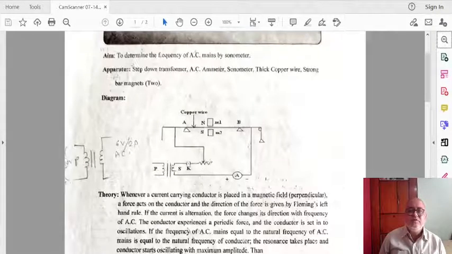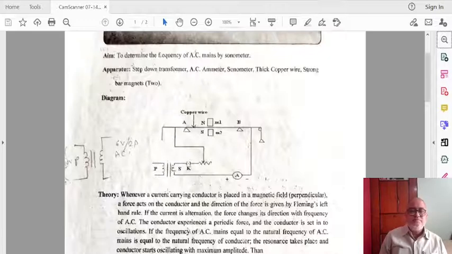See here, this is a variable resistance, we can say a rheostat, joined to this copper wire of sonometer. Through key, it is joined to the secondary of the transformer, and another end of secondary is joined to the current meter, and it is connected to the copper wire. This is the primary of the transformer.